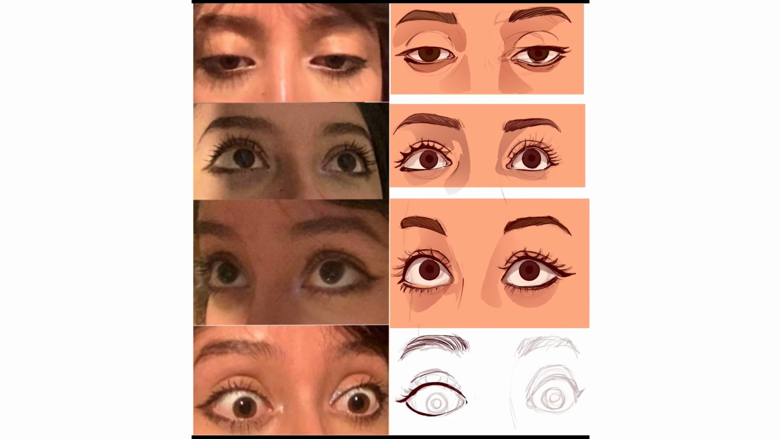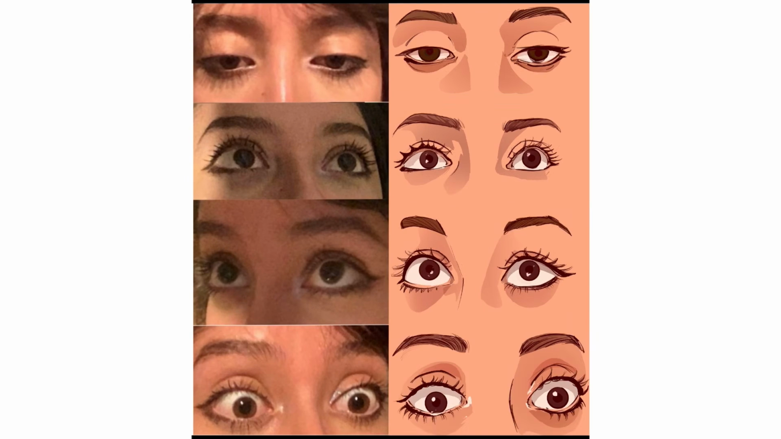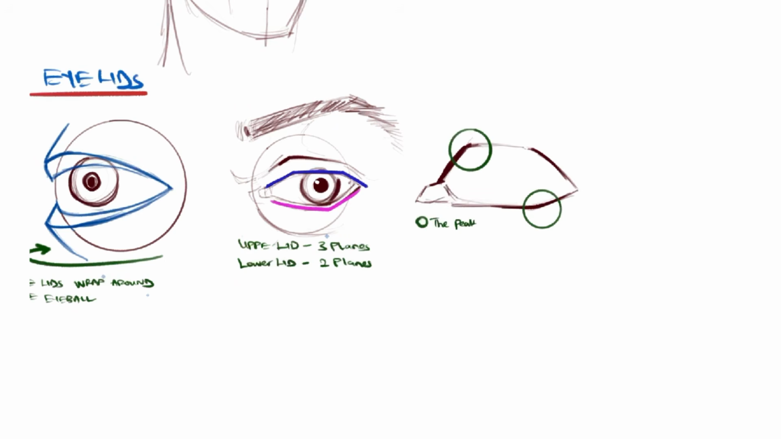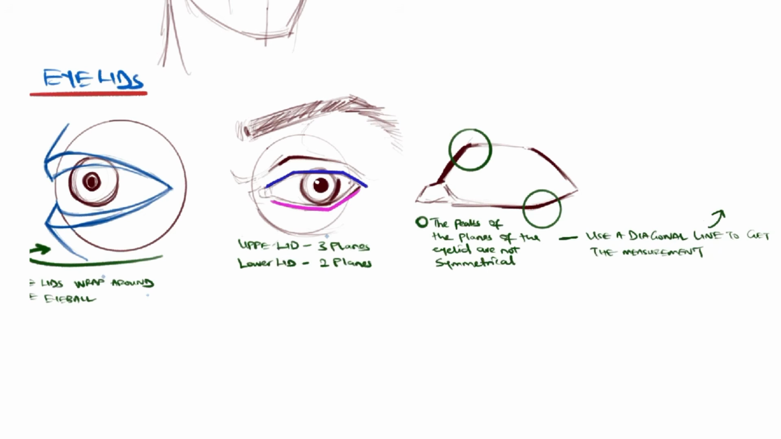The eyelids wrap around the eyeball, and whenever you're drawing the eyelid, you can break it down into five planes in general. So for the upper eyelids, you could give it three planes, and for the lower eyelids, you could give it two planes. And the peaks of the planes of the eyelids are not symmetrical. You can use diagonal lines to get the measurement and to indicate that asymmetry that is found in the eyelids